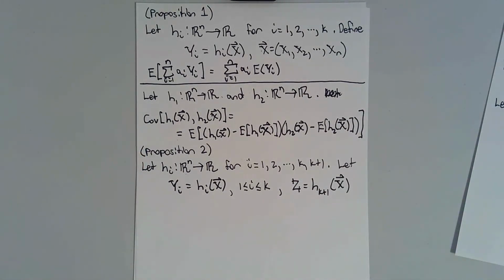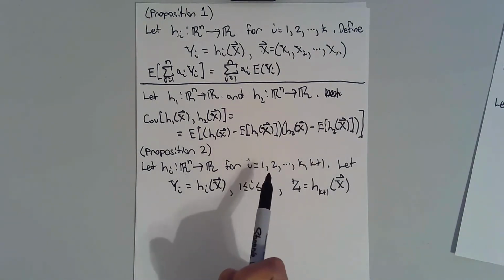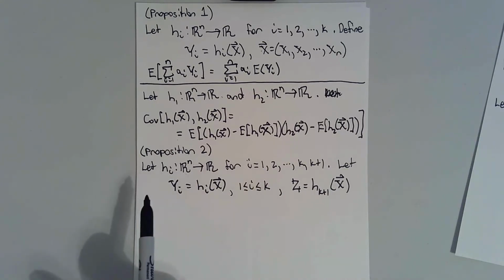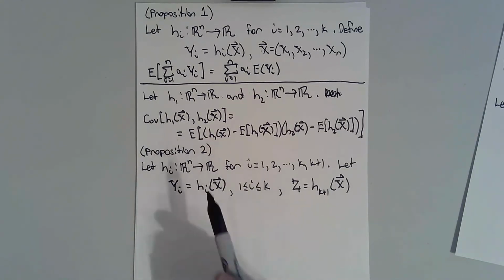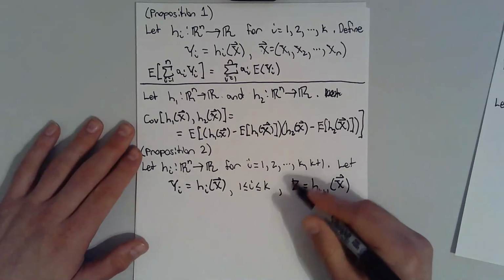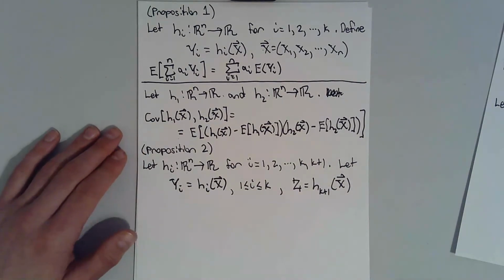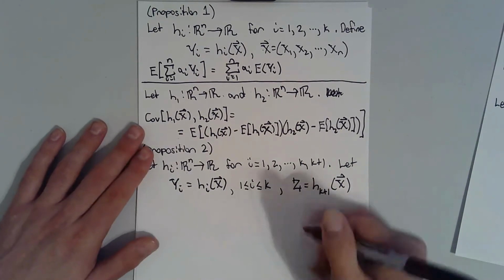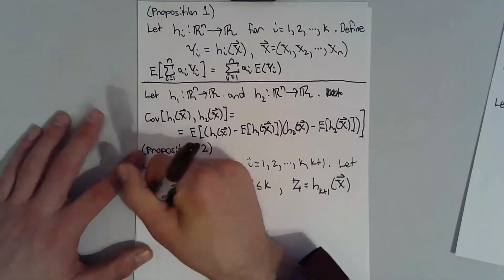This is for notational purposes. In other words, we have these k plus 1 scalar functions on R^n, and using those functions, we can define a new random variable for each function, and also this other random variable z. Then we have the following three properties of covariance. One,